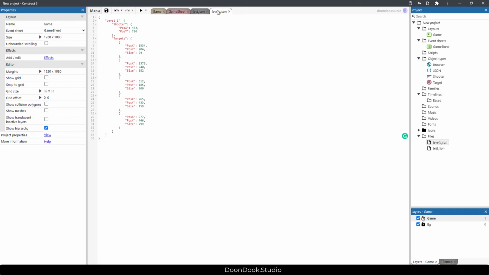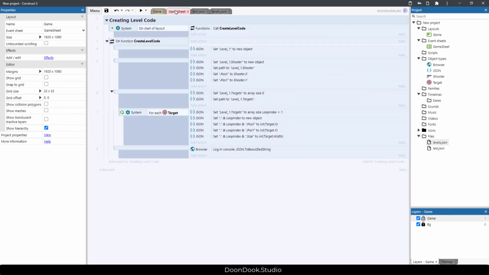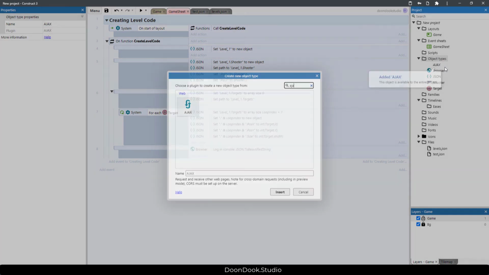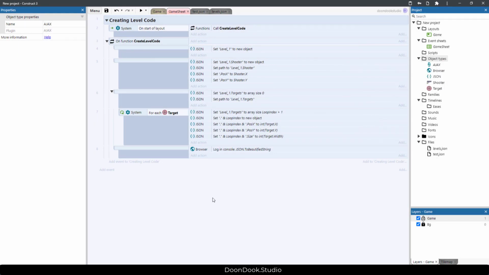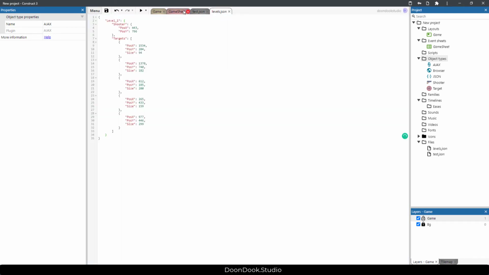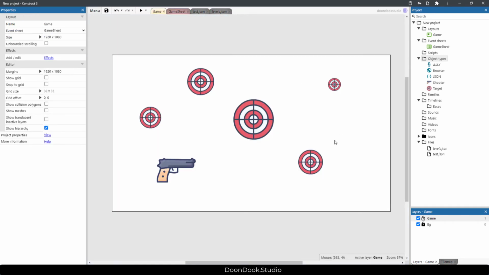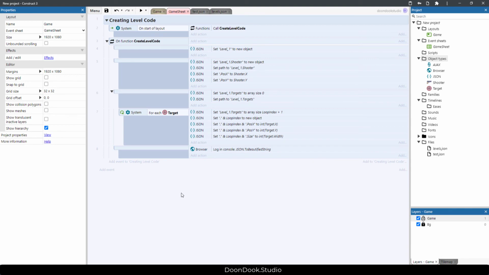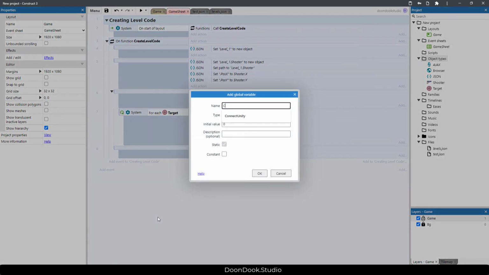And for loading everything that is here, we need to add the Ajax object. Okay, Ajax. So for loading this file or for creating the game, I need to add a new variable. I'm going to call this variable create code, as boolean,